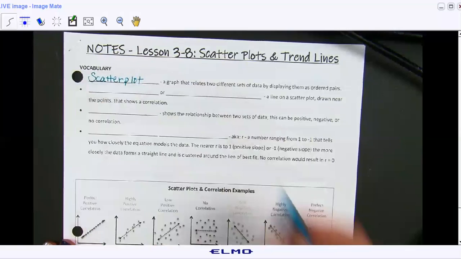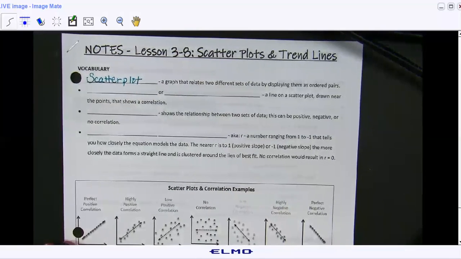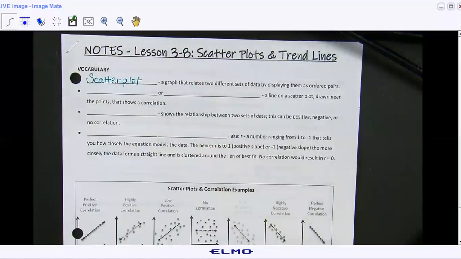I believe you did. Okay, then you have something, because your dots are scattered all over the place, and if